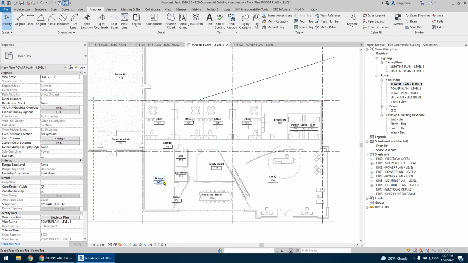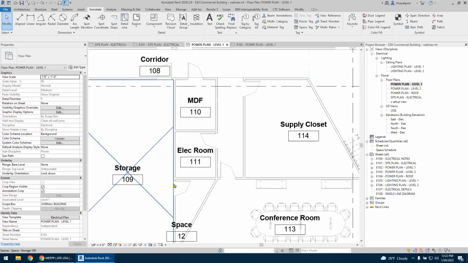You need to load those families. But for what I'm doing today, nah. All right. Let's make an enlarged view. So